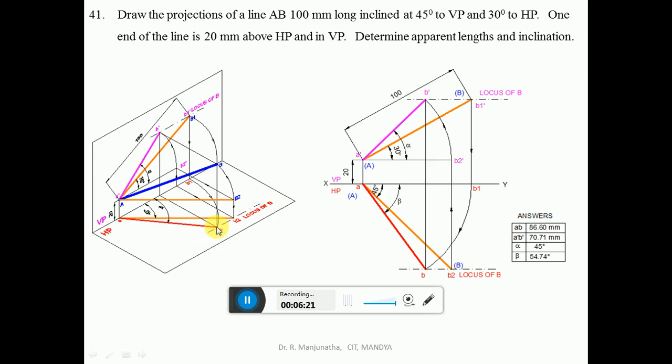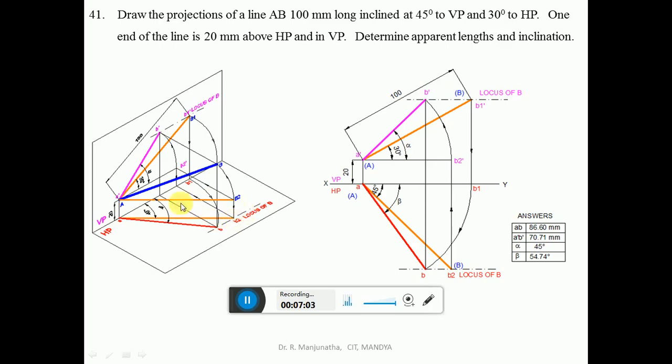Similarly, now we are going to consider the true length of the line which is in HP. Now the line is parallel to HP when you are considering this. So we are looking from the front view. Since we are looking from the front view, the line AB2 is parallel to HP, because end A is above HP by 20 mm and B2 is also above HP by 20 mm. So when you look from the front view, it has been projected to the vertical plane such that A dash B2 dash will be parallel to HP. Since A dash B2 dash is parallel to HP, we are getting the true length in HP. So that is this one, true length in HP.